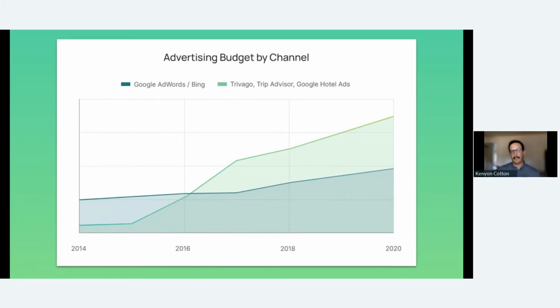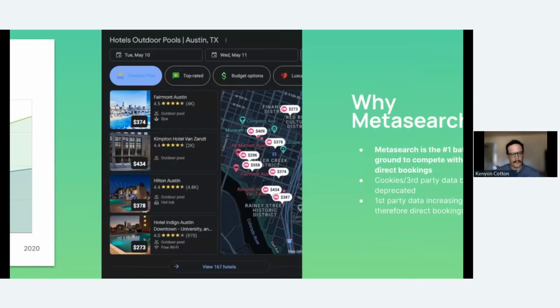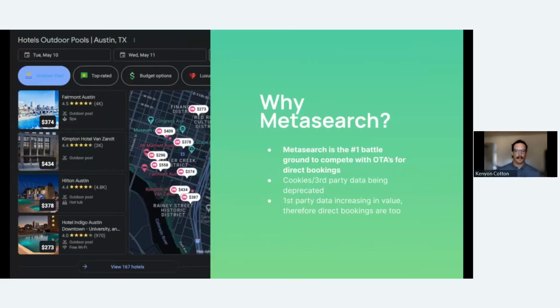So when you see that, you have to ask yourself why that's happening. And we think it's for a few distinct reasons. One not listed here is that consumers really enjoy Metasearch. This example here is Google Hotel Ads. It's just a great way to search and research a market. You search for a hotel or your needs in a market, and you get this grid layout. It's geographical for the city you're going to. You get prices and reviews at your fingertips. So it's really consumer friendly. Your potential guests love searching this way and consider it very convenient.